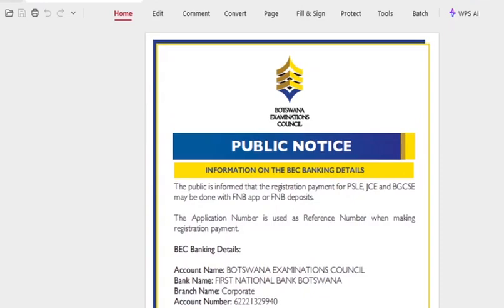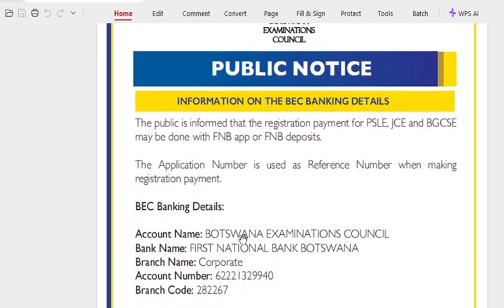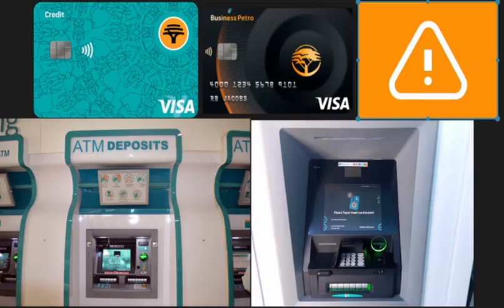So you can see that we have, let me zoom in on that, Botswana Examination Council, First National Bank, Botswana Corporate, and that's the information. If they want an account number, you are going to punch in that number, right? Afterwards, maybe they are going to request your source of funds, right? So if it is local commitment or a gift, you are going to press maybe stop or fail or whatever, right? You press it and punch again. After you select that, it will